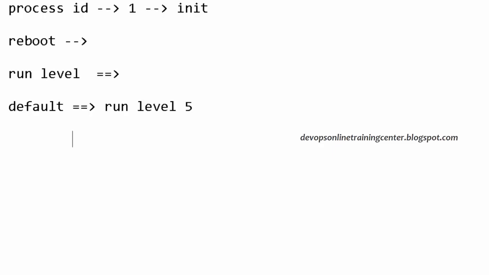Okay, there are 7 run levels, 0 to 6, and each has a different purpose. Generally, we don't use all of these. What we use is run level 5. So when we log into a machine, it has a graphical user interface and it has network. It has multi-user capability, so multiple people can work on it, right? So these are the run levels and boot process. Yes, we can change. Basically everything is in /etc/inittab. If you want to change something, you can go ahead and change it there.